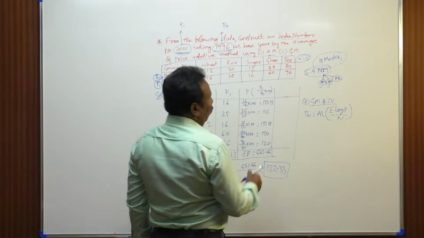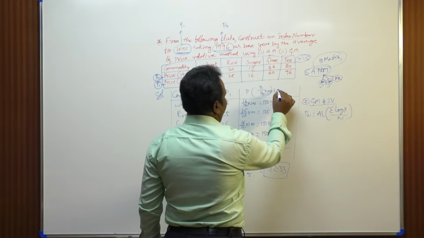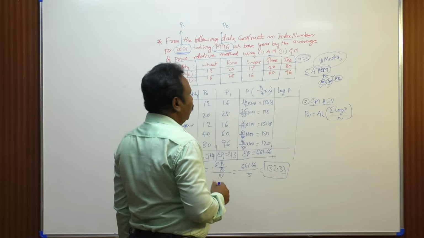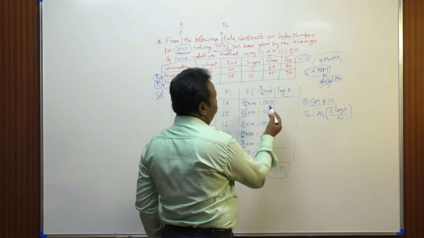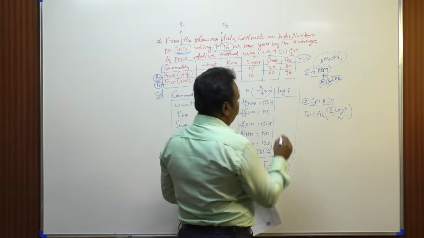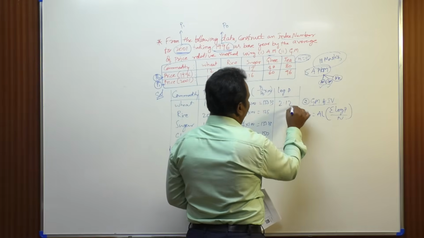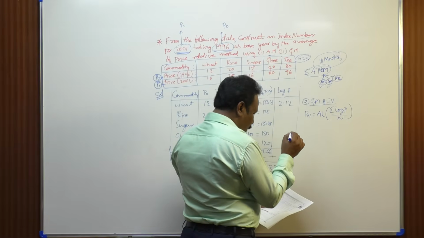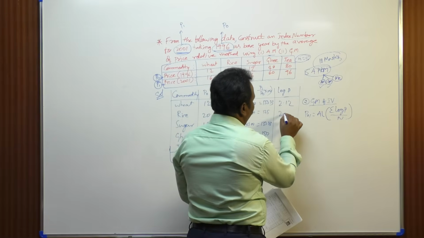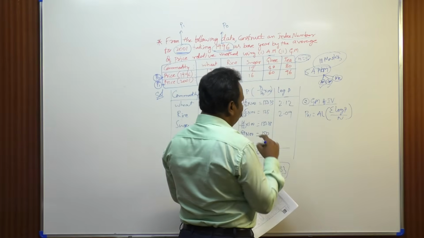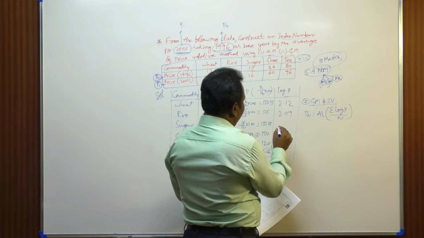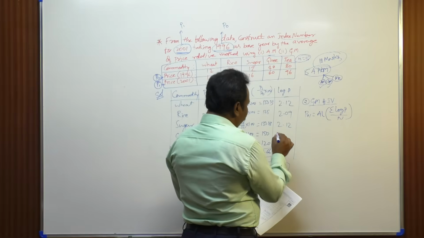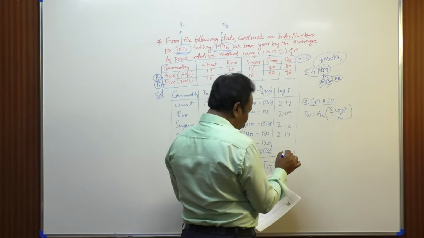So, P is calculated, log P has to be calculated. Log of 133.33 is 2.12, log of 125 is 2.09,